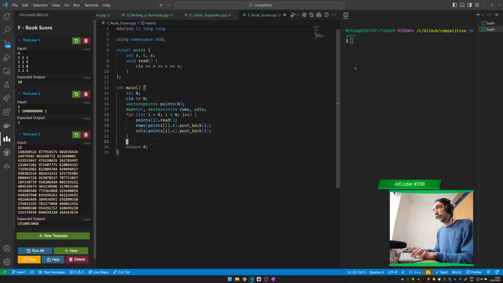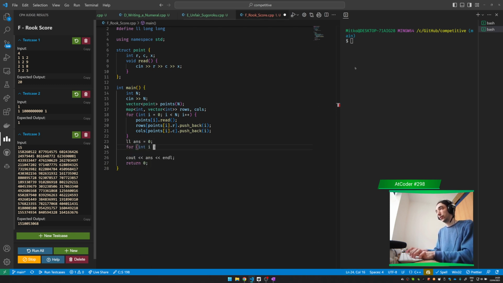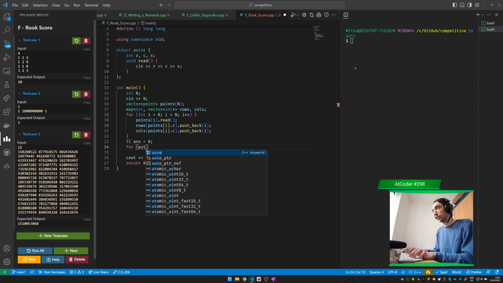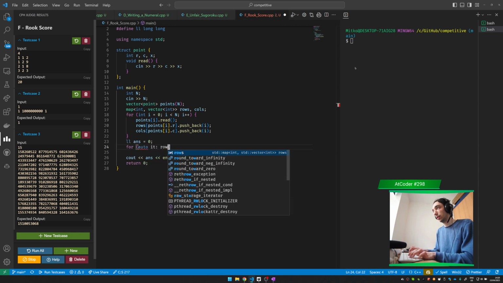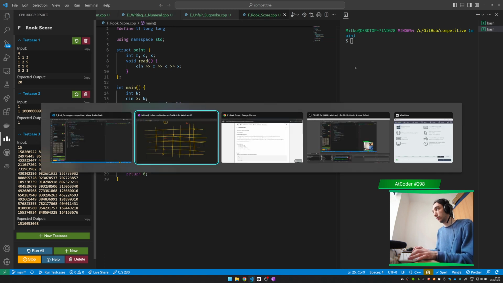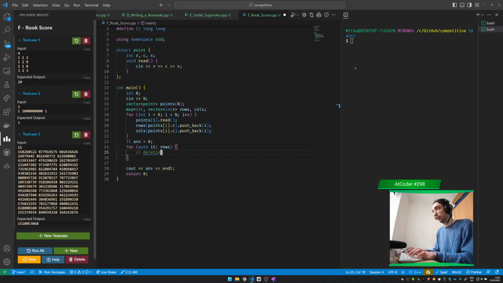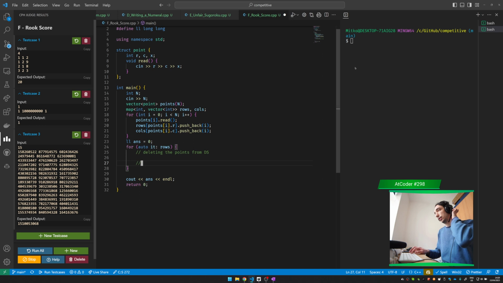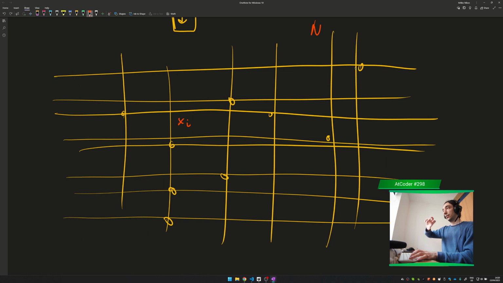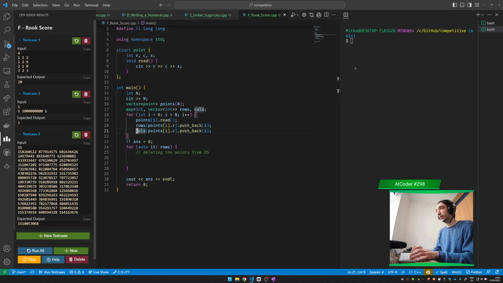At this column, we have the ith point, right? Let me just do the answer here is 0. And we're going to go through each of the rows, deleting the points from the data structure. If this row has some sum of points that we're looking at,